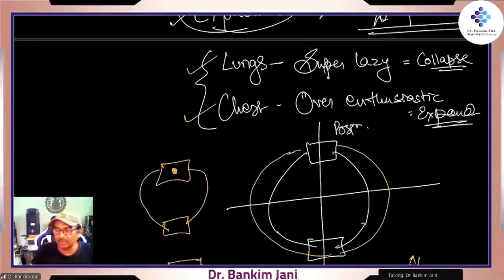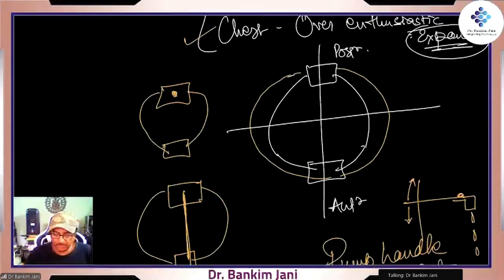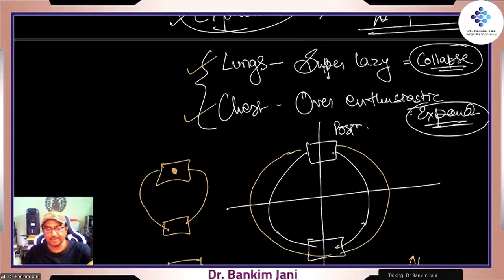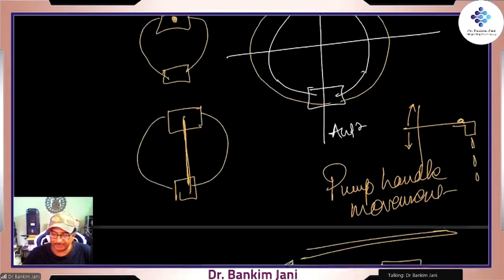Lungs have the tendency to collapse. So just see why it is so. Basically, lungs have a tendency to collapse, and the chest has the tendency to expand. Right? And there are some factors which prevent the lungs from collapsing and the chest from unnecessarily expanding. So everything remains under control. Okay. Two movements are very important.